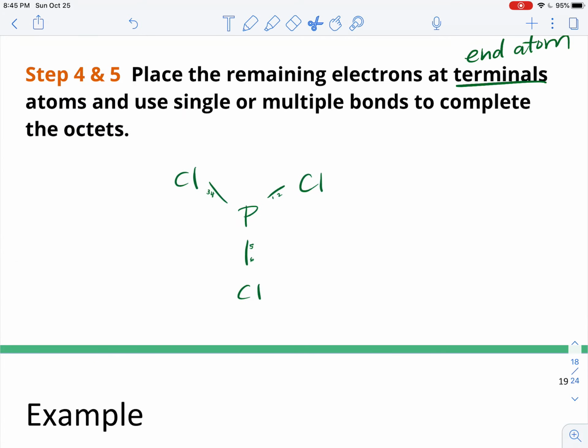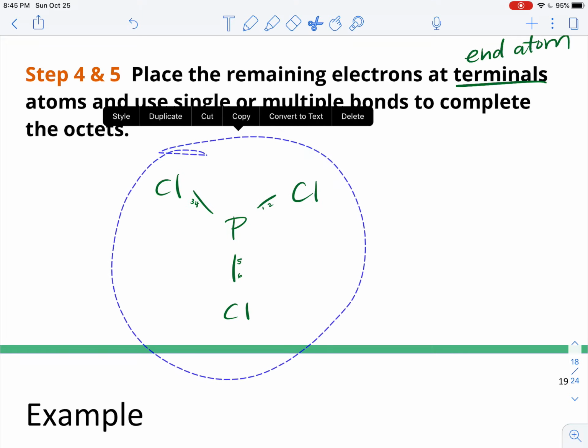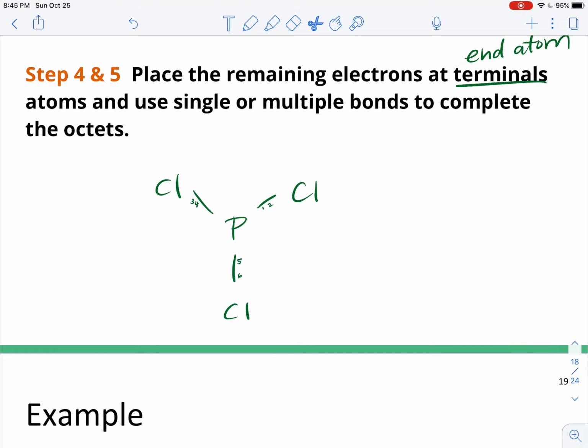Paste. Okay, so here's our guy. Right now I've only used 6 valence electrons. Remember, the total that I had was 26. All right, so 5, 6. Now I can start drawing my